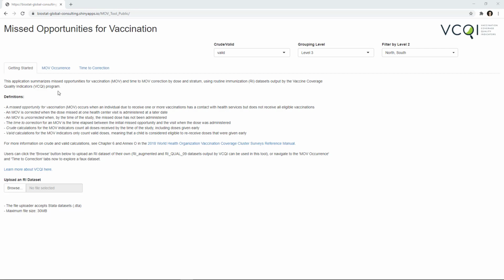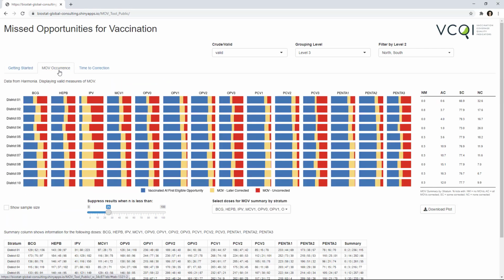We'll go ahead and navigate to the MOV Occurrence tab. Here we're taking a look at MOV outcomes in our imaginary country of Harmonia. The centerpiece of this tab is a figure that has a tile summarizing outcomes for each level 3 stratum and for each dose in our dataset. Each of these bars shows the proportion of kids who received this vaccine dose at the first eligible opportunity in blue, who had a missed opportunity that was later corrected, shown in yellow, and who had an uncorrected missed opportunity,